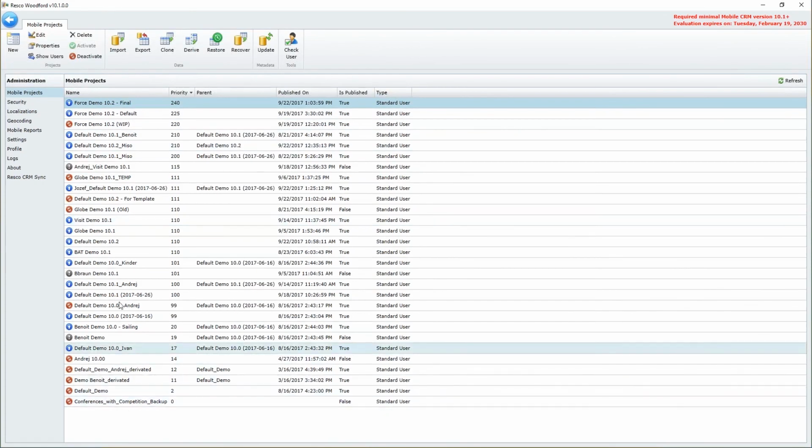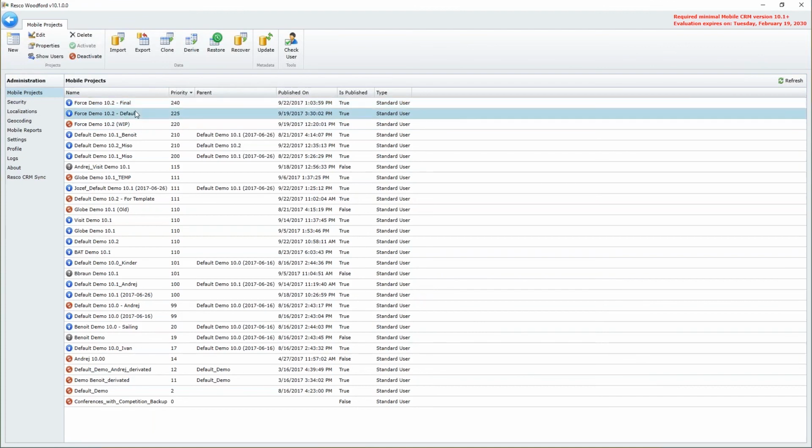We have quite a lot of them because this is the organization we use for most of the demos. The ones that we are looking at are the Force demo, that means for Force.com. We have seen the final one, the one which we will be trying to replicate ourselves now. It has higher priority, and then we have some default Force.com organization configuration that you can use for any